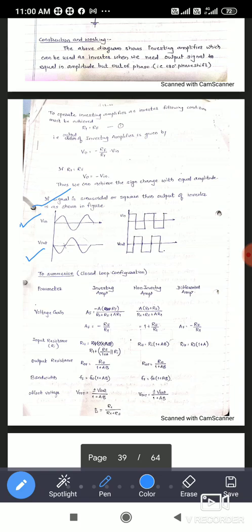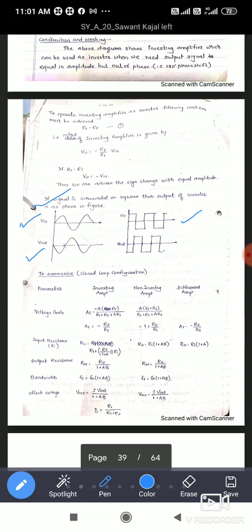That is shown here. If the signal is a square wave as an input, then it is also inverted by 180 degree, that is shown here. So as input you can give sinusoidal, you can give the square wave, triangular wave, or you can even give the DC supply voltage. Even if DC is given, it gets inverted.